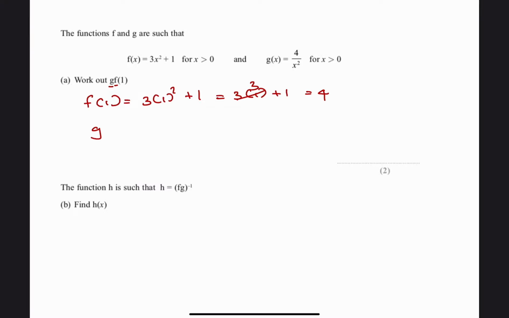Now I have to do g of 4. 4 over 4 squared. What is 4 squared? It's 16. That makes it 1 over 4. Then if I simplify it,